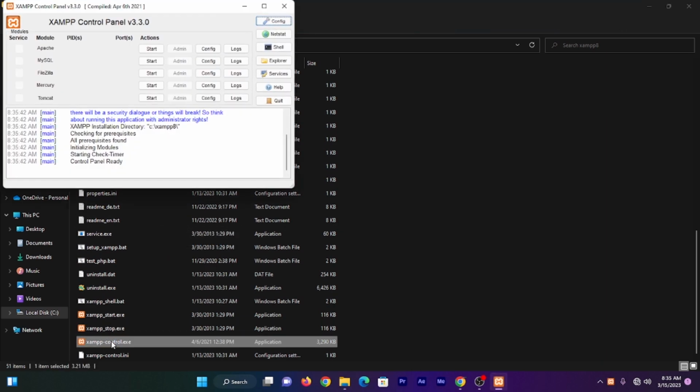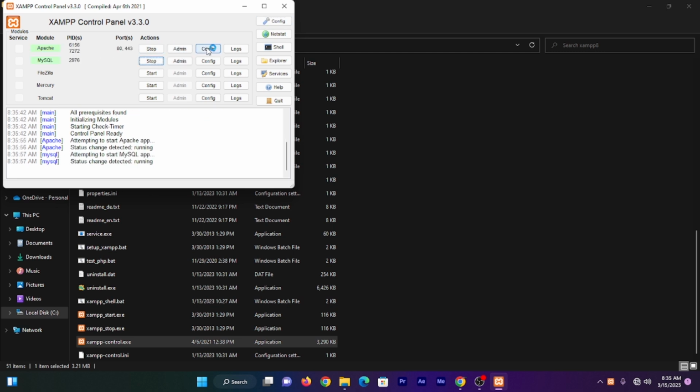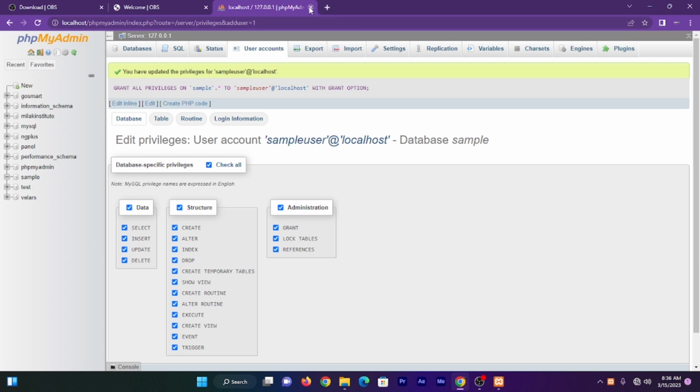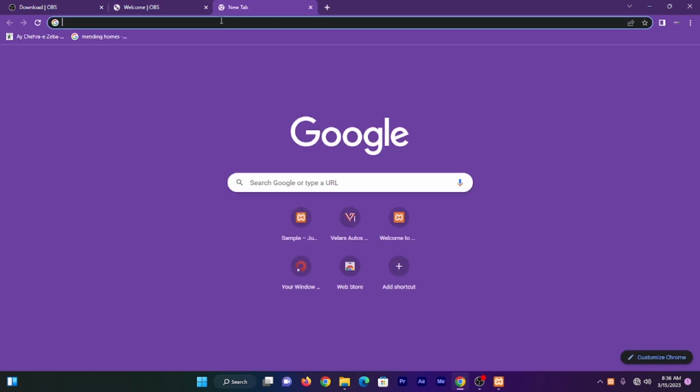Click on it, and XAMPP will start up like this. So for you to start this engine, this server, you have to click on Start Apache, and this MySQL. So Start Apache and also Start MySQL. So when you come to your browser and click